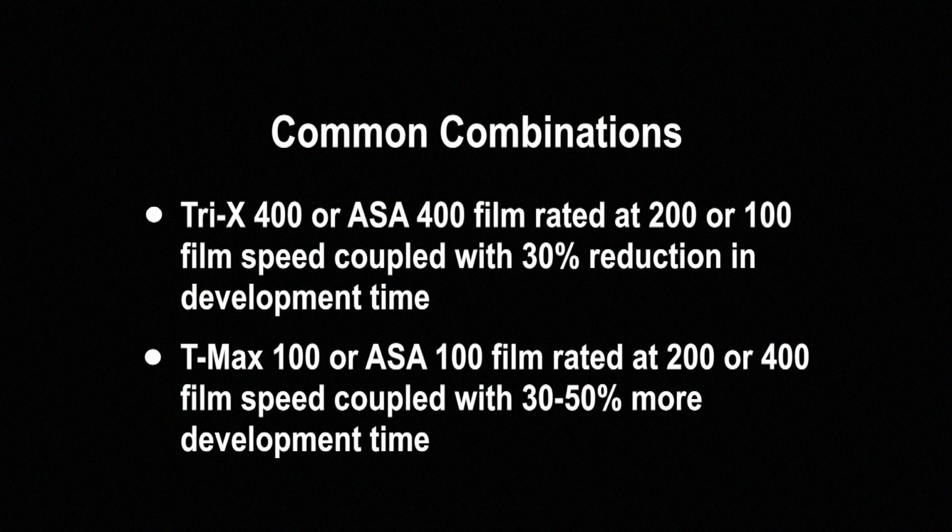Then the other combination is using a slower film like maybe T-Max 100, and for that you can rate it, instead of 100, rate it at 200 or 400 or 800, and then add to your development 25%, 50%, double the development, go instead of 10 minutes, go 20 minutes, and then you can take it more extreme if you wish. So this is, again, following up my philosophy of guerrilla photography,